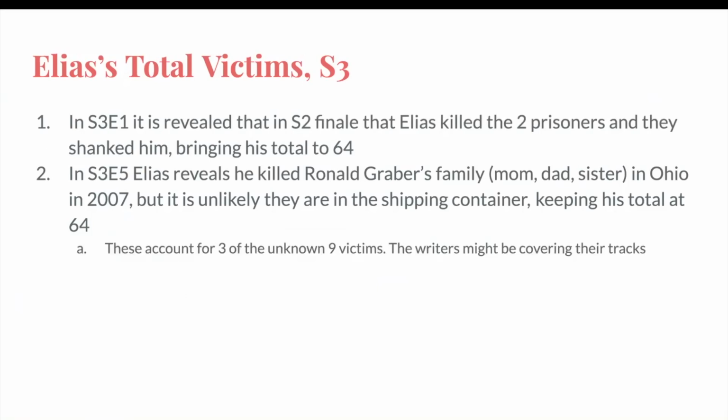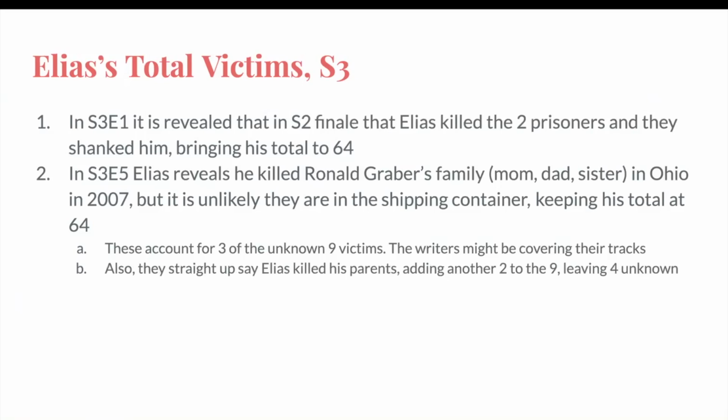These do account for 3 of the unknown 9 victims, so the writers might be covering their tracks a little bit because in season 1 they did clearly place Elias with 9 extra victims. However, they do also just start straight up saying that Elias killed his parents, so I'm going to add another 2 to the 9 since it does seem fairly certain at this point that he did. This leaves only 4 unknown, so maybe he killed another family